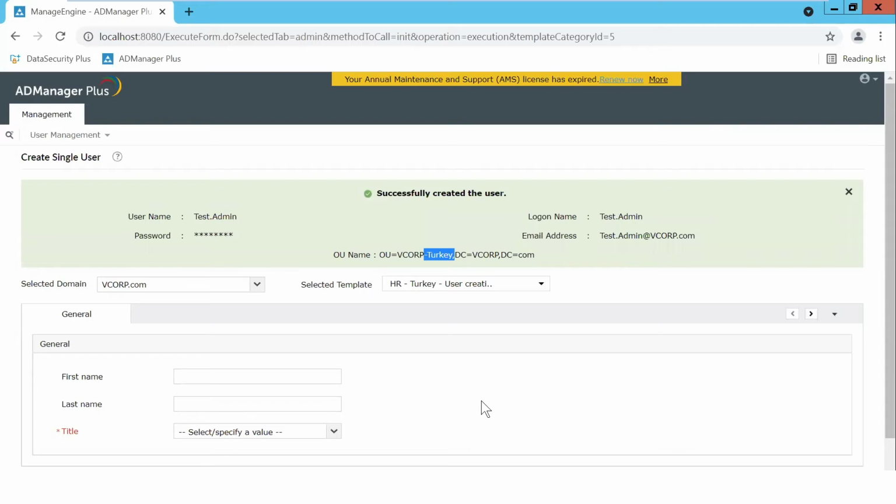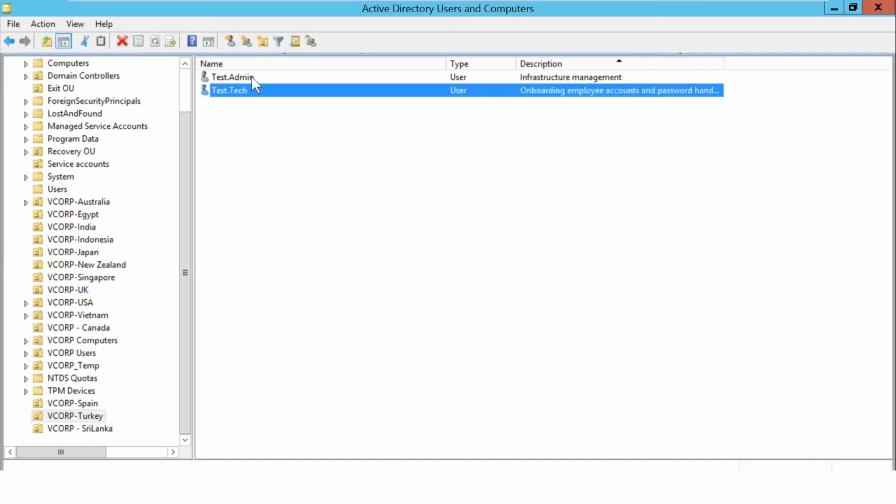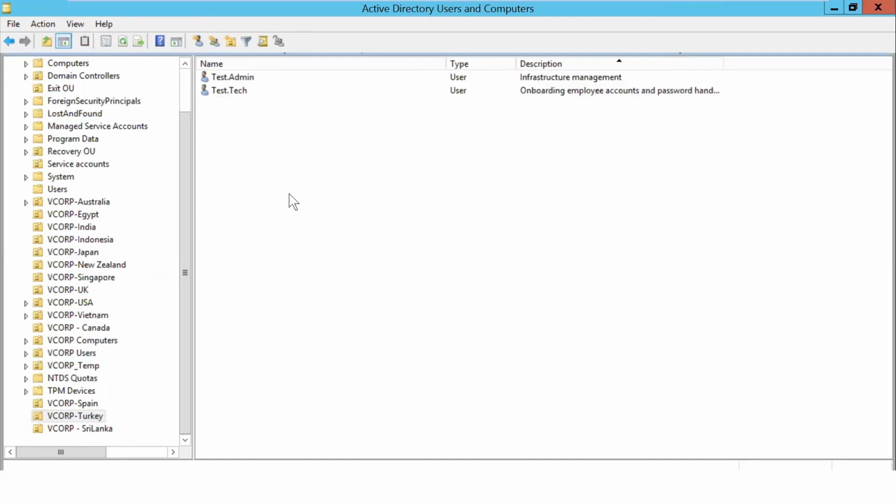Now it's time for us to check. The proof is in the pudding, they say. So I go to the Turkey OU and I find no users here. Let me quickly refresh. I do a refresh. I have the test tech and the test admin user created using just 3 attributes: first name, last name, and